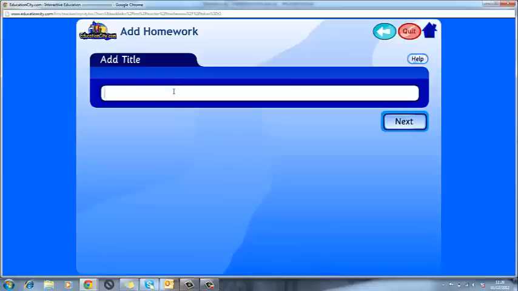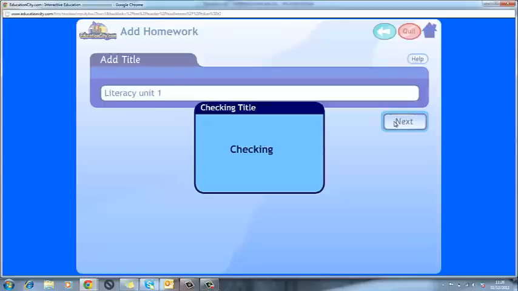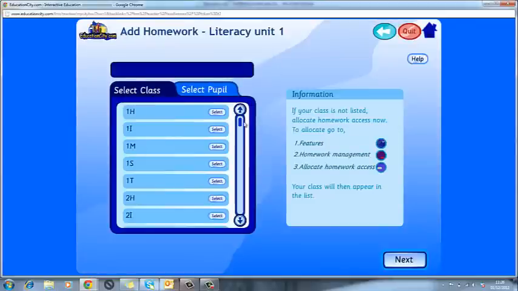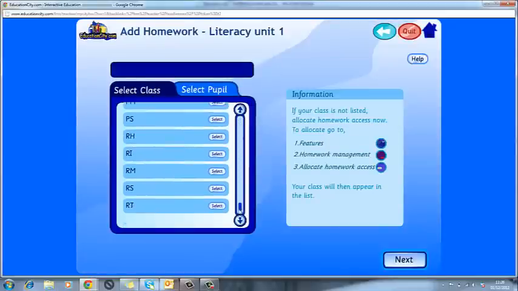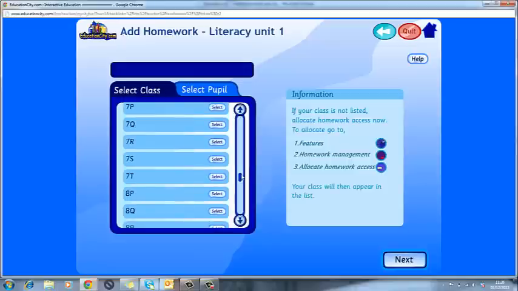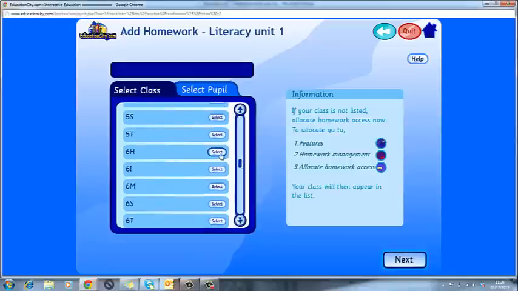give your homework a title. So if I type in literacy unit 1 and then click on next, select the class. So if it's a year 6 homework, 6H, or I can also select individual pupils just from over here. So I'm going to select the class for now,